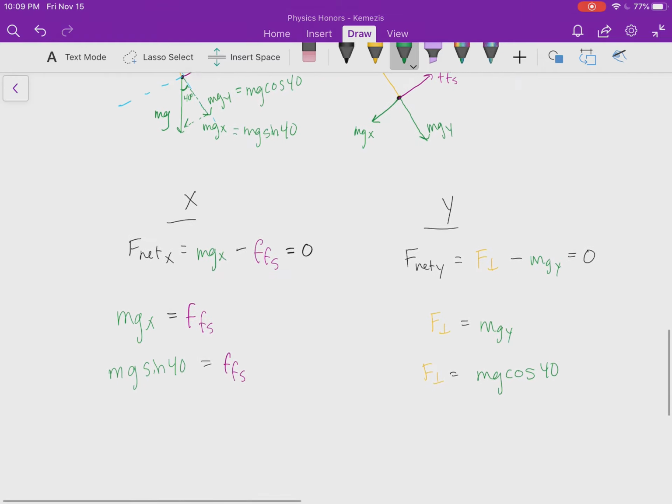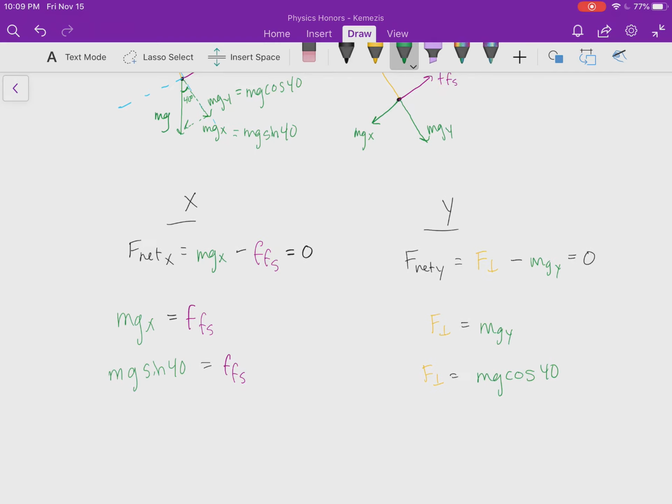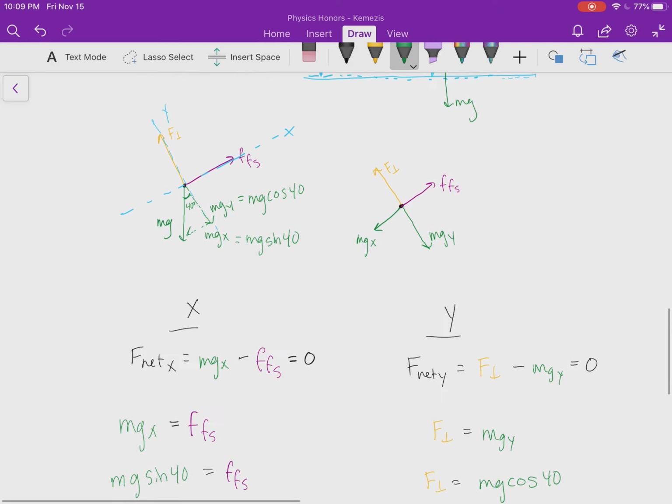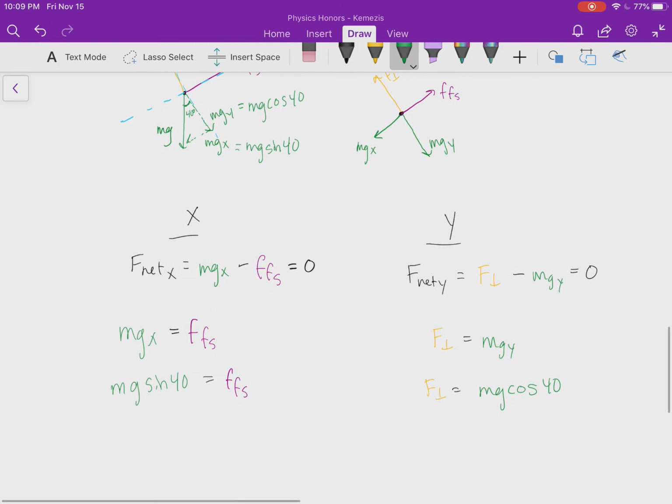Now, this is specific to this example, but the idea of our problem solving is what we use in all of our cases. So right now, in this example, because there is friction and it is not moving, we know that it is equal to mg sine 40. But there are times where you'll have a frictionless ramp, and then that changes our situation, but we still can look at free body diagrams to get our